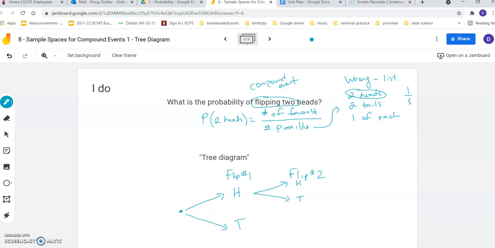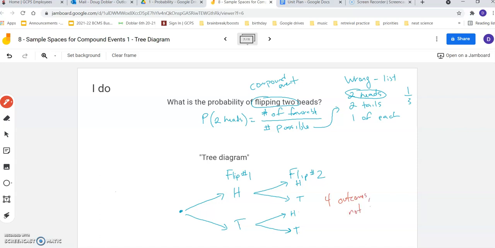If I flip a tail first, then I'm going to flip my other coin. Same thing, there's 2 possible outcomes. Could flip a head, could flip a tail on coin number 2. And look what happens here. There's not actually 3 possible outcomes, like I guessed up here. There's actually 4. I could get heads, then heads, could get heads, then tails, could get tails, then heads, could get tails, then tails. There's actually 4 outcomes,